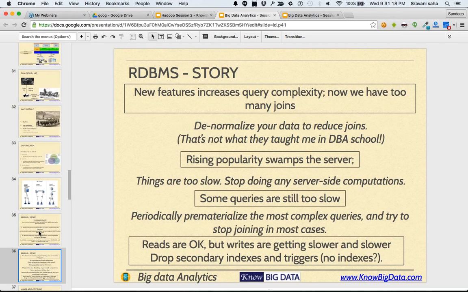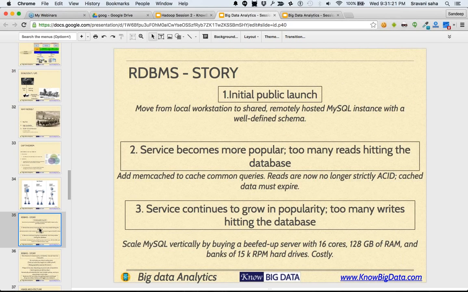So after some time, you realize that there are too many joins. Now there are two things that have happened so far. The first thing is you added memcached, which is caching, where you put something in memory. Every time the data changes, you update the cache, and there is always a time lag between the actual change in the data and the cache being reflected.